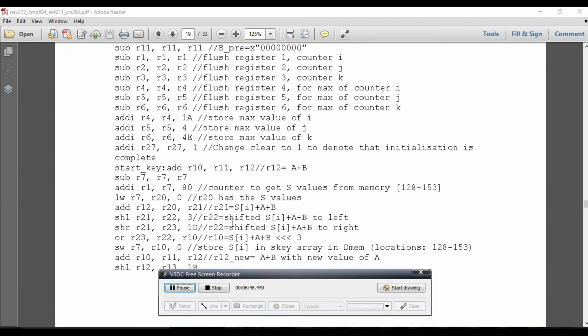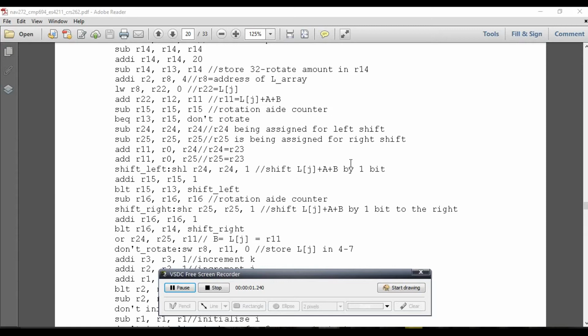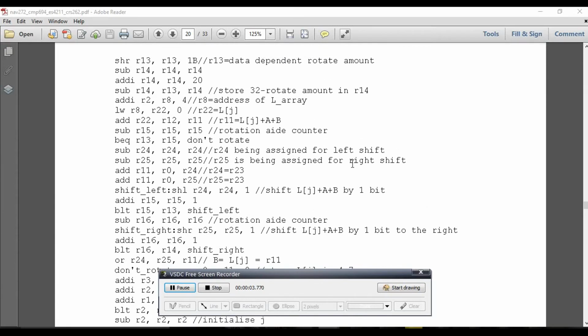So first, if we want to rotate our bits to the left by R, what we do is shift left by R bits first, and then shift the same data to the right by 32 minus R bits, and then OR them. Whatever data we obtain is the data left rotated by R bits. A similar thing can be done for the rotation right. We do the same thing.